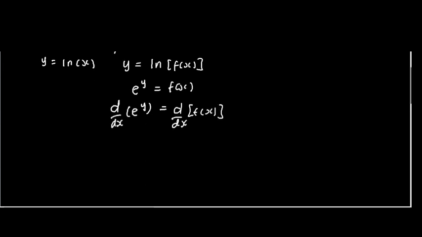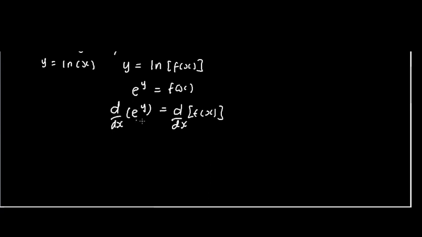Remember we've looked at differentiation of exponential functions, and this is e to the y, so when you differentiate it, we shall remain with e to the y. But since y is a function of x, we shall use the chain rule here, and we shall have e to the y times dy dx. On this side we shall have d by dx of f(x). On simplifying, we divide through by e to the y to get dy dx being equal to